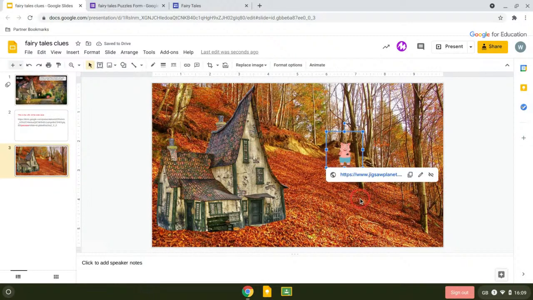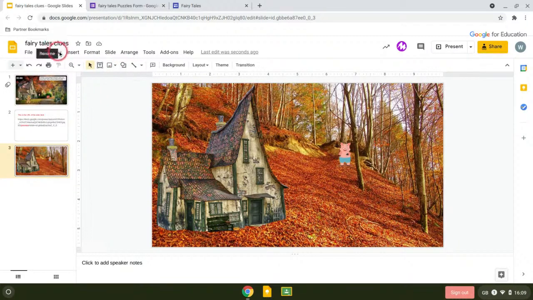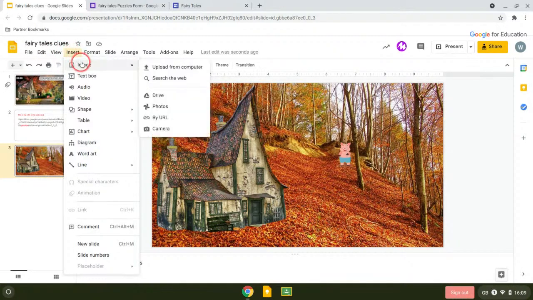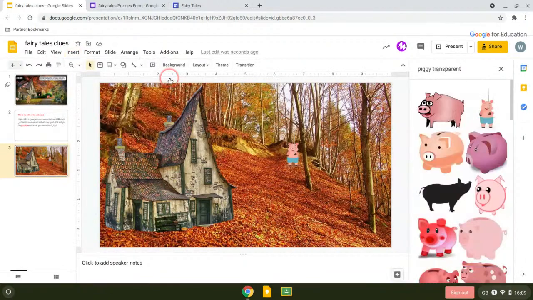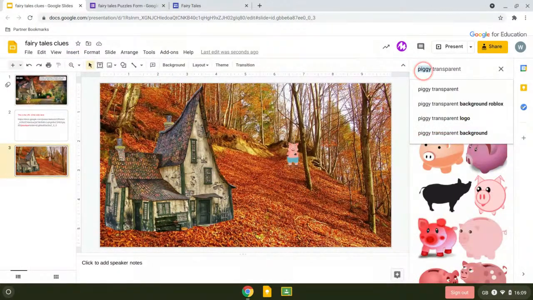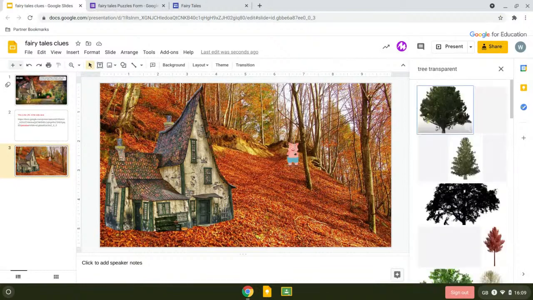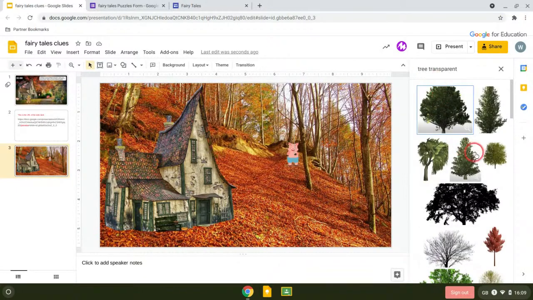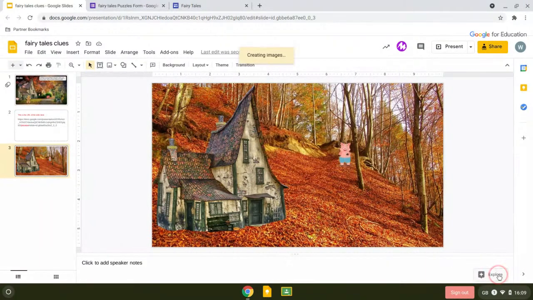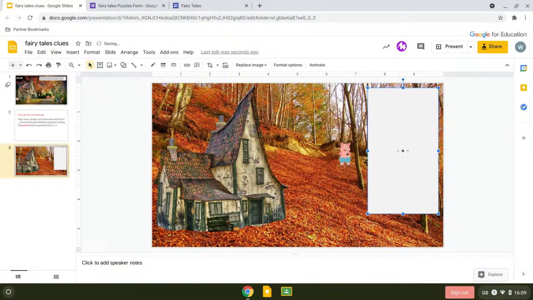So if you want the little pig to be hiding behind a tree, you could actually just put a tree and put that on top of it. So let's just try something like that as well. So insert image, search the web. This time I might try and find a transparent tree. Where we go, it's an autumn one, so if I choose this one,